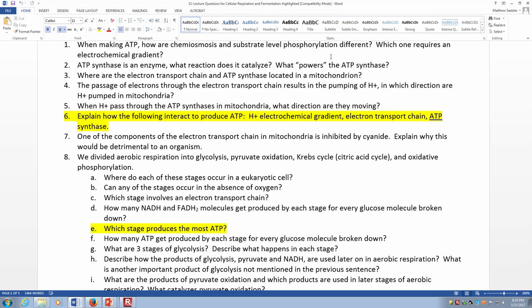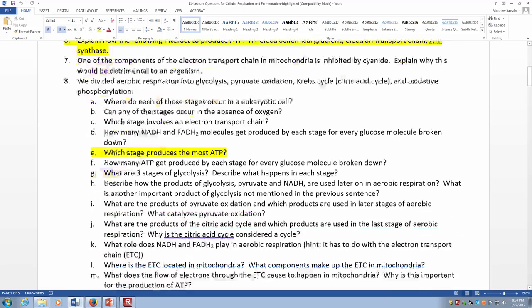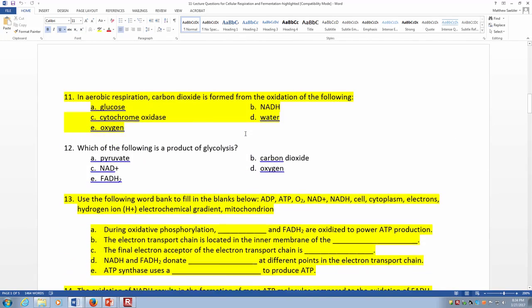Okay, so remember we've divided aerobic respiration into glycolysis, pyruvate oxidation, the Krebs cycle, and oxidative phosphorylation. Which stage produces the most ATP? Right, oxidative phosphorylation. Which is the stage that actually requires oxygen? Oxidative phosphorylation, right. That's where the oxidative part comes in. Okay. So number 11,